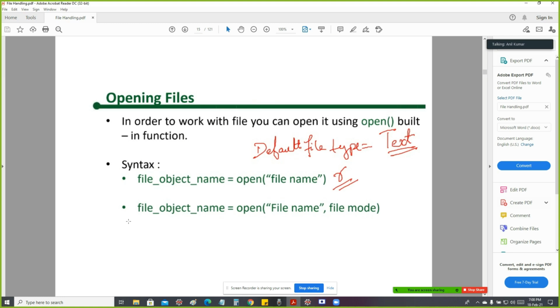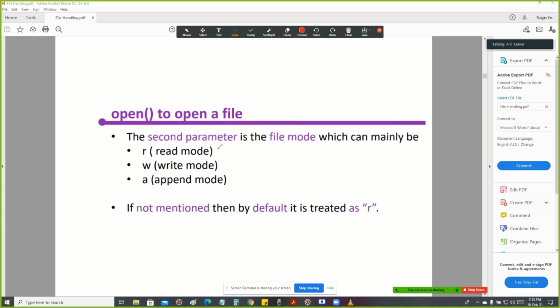Students, we can also use a second syntax, that is file object name equals open file name and file mode. Here the second syntax contains two parameters. The first parameter is file name, and the second parameter is file mode. We already discussed this in the file handling chapter. There are mainly three modes.